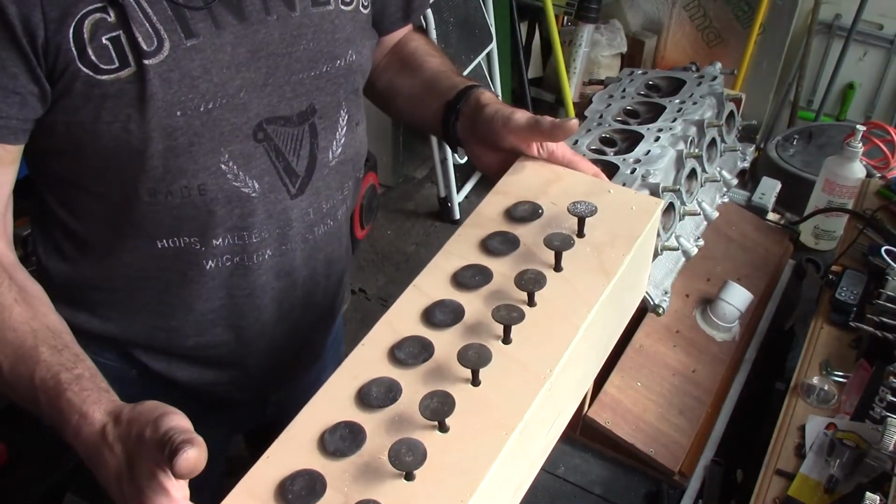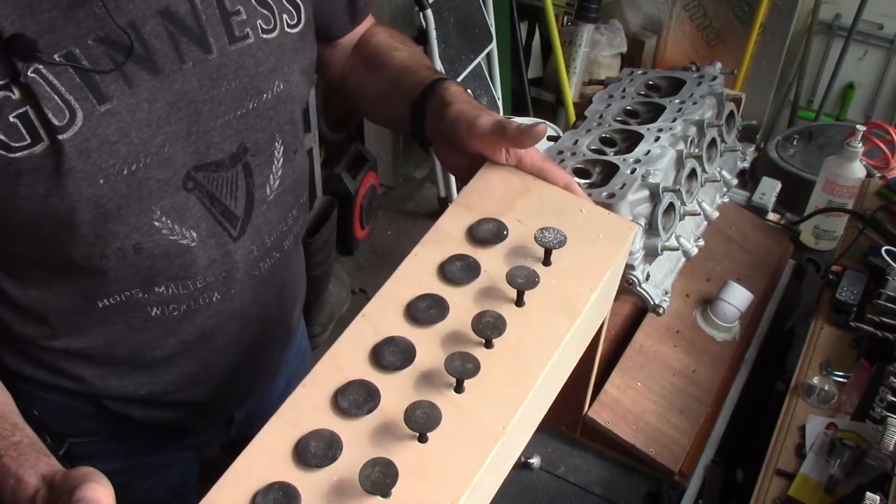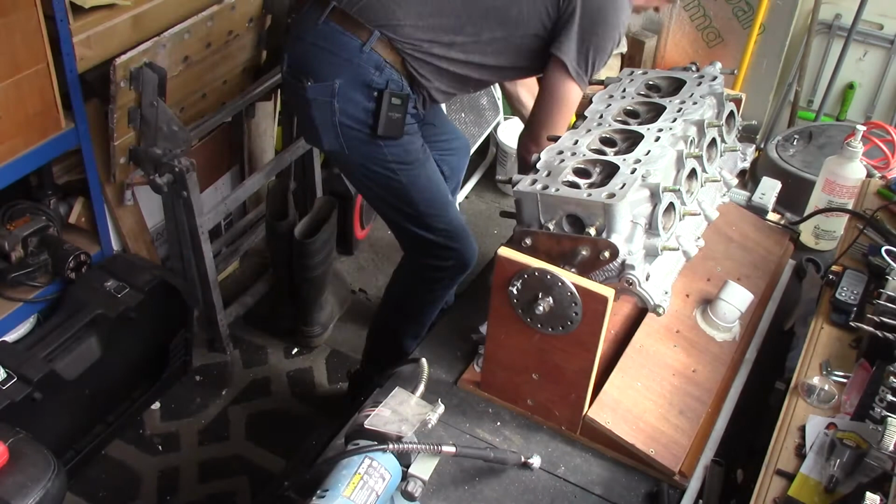In this episode I'm going to be continuing with work on the cylinder head. So I'll reposition the camera and you can see what we're doing. There's all the valves. They've got to go down to the workshop to be decoked. I'll put them in the lathe and clean them nicely. So I'll put that out of the way